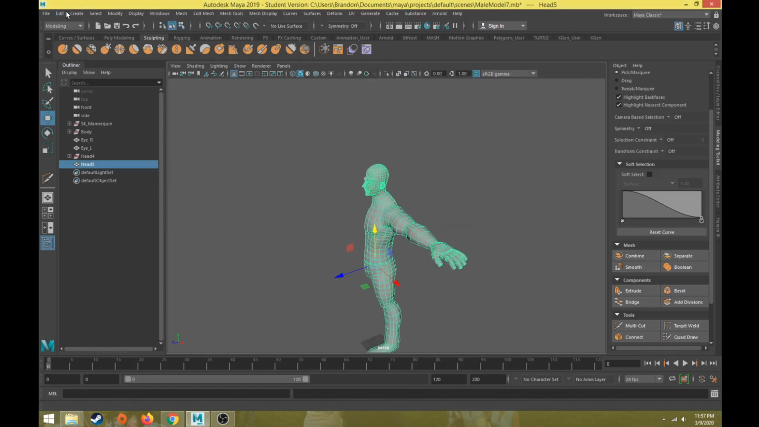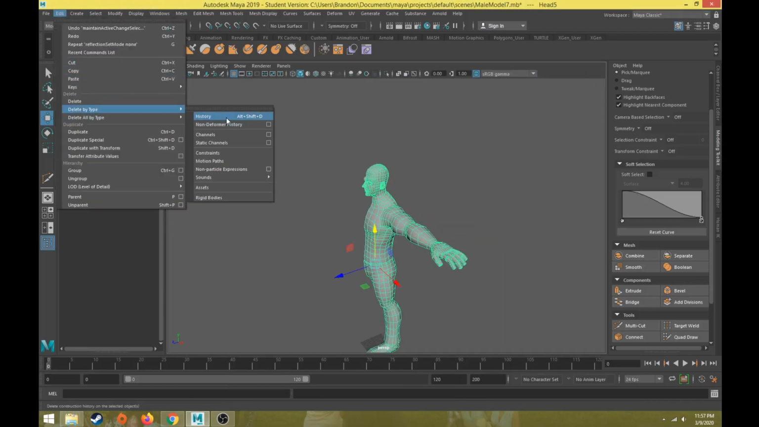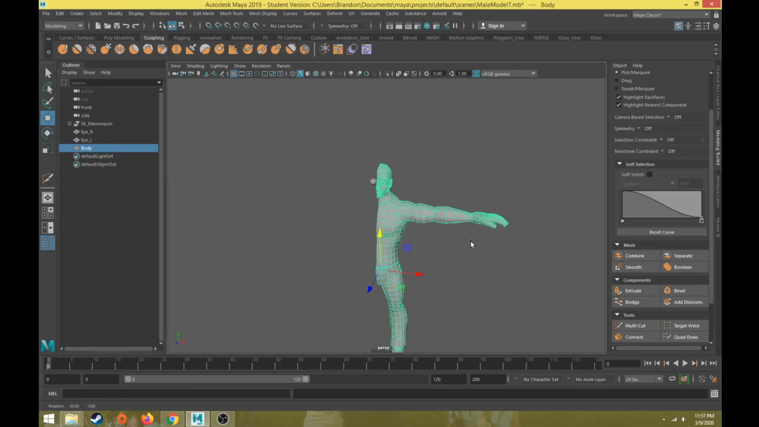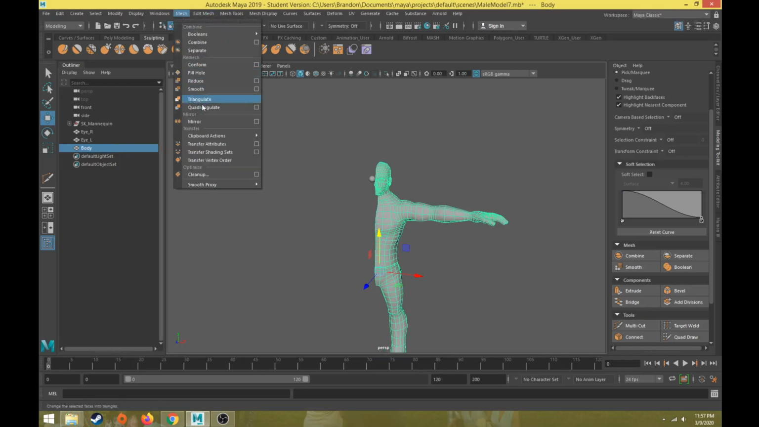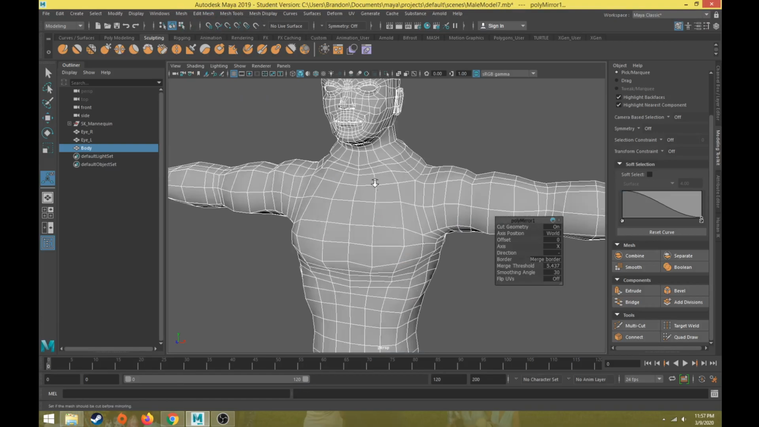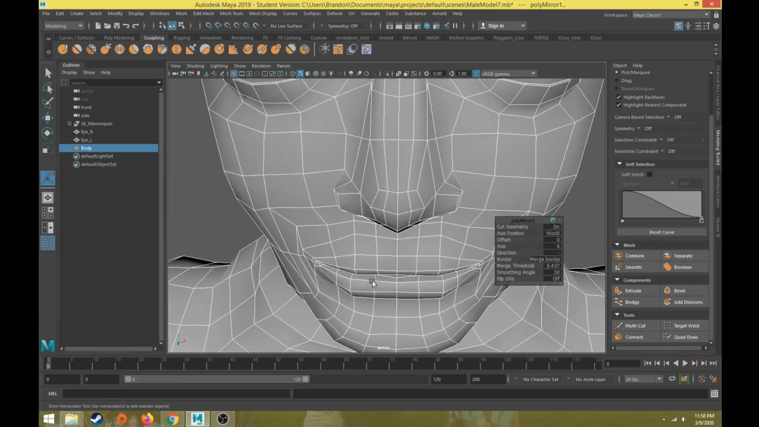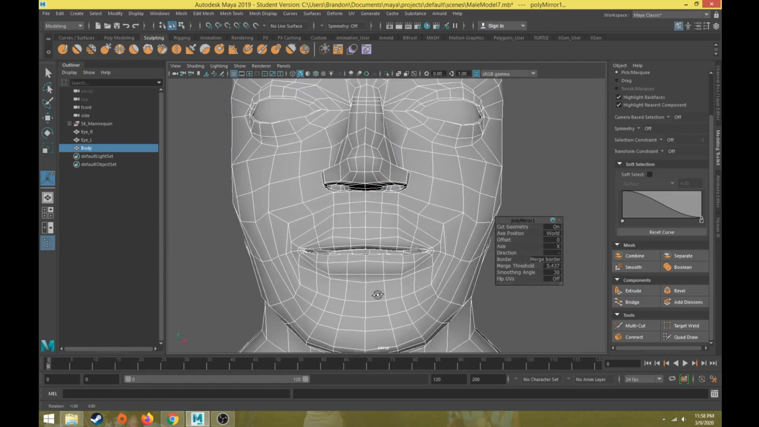All right, so let's go ahead and do Edit, Delete by Type, History. Get rid of those. This is going to be our body now. And let's see what happens if we try to do our mirror tool now. Mesh Mirror. All right, good. So it is working for us how we expect it to. Make sure all the way down to the bottom it's mirroring everything that we want, not mirroring what we don't